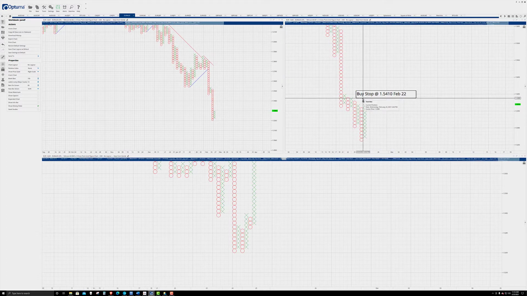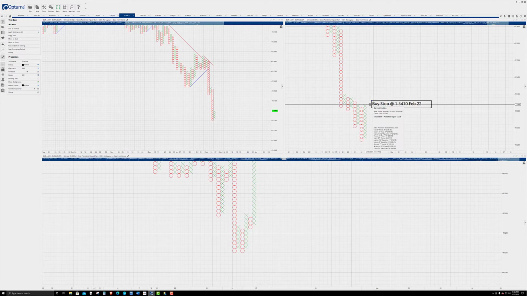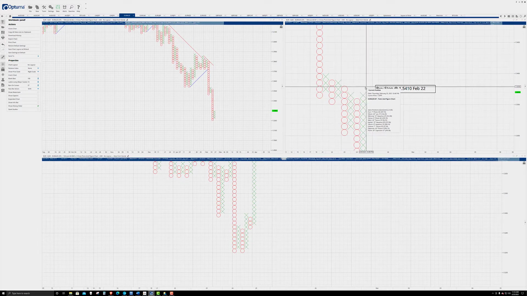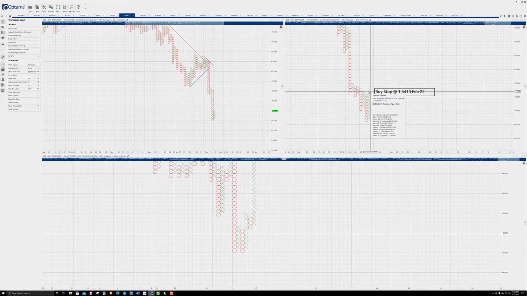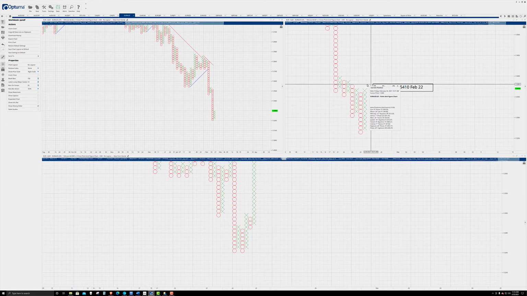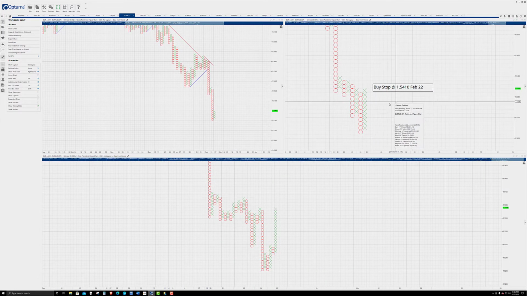The buy stop that we looked at on the 22nd, we didn't get to that. But the double top that's currently here, if you wanted to entertain the long entry, you could, but I'd wait. Might see something to look at tomorrow, maybe hold over the weekend, but we'll see.